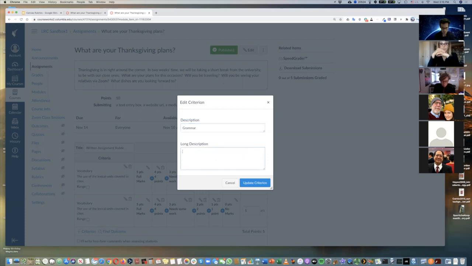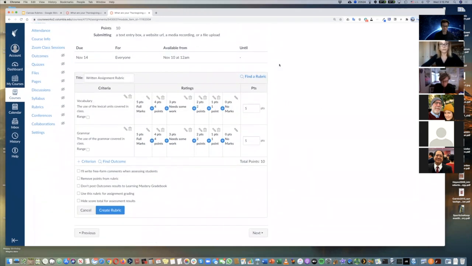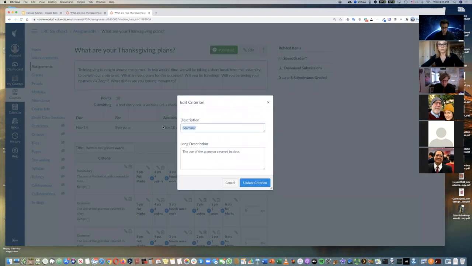And this would be the use of. Again, this is very vague, general, not super useful for real instruction, and I would not recommend using that specific rubric, but for the purpose of this presentation, I think it is sufficient. Okay, so now we have our grammar, which is another 5 points. Let's create a couple more. Let's assess also the